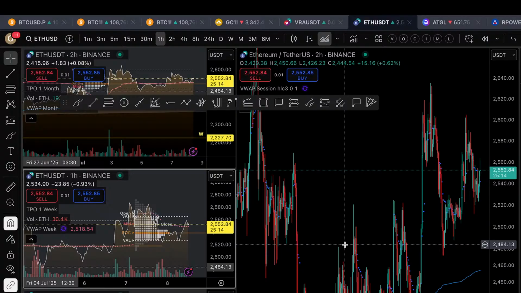But okay, interesting. We have the anchored VWAP that is coming up to our, there's no previous, we have a previous month close which has already been touched, so that is not